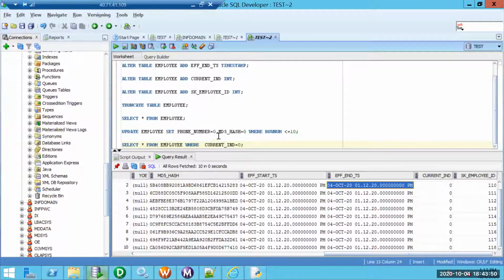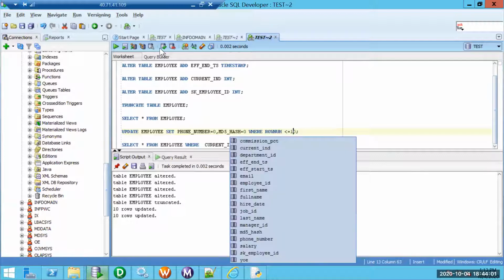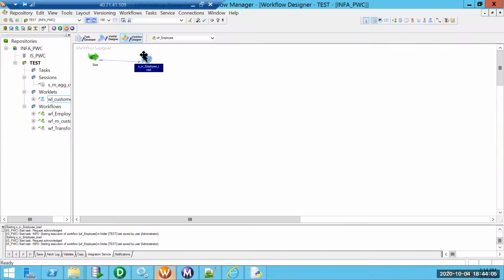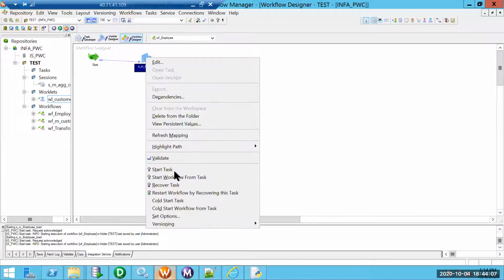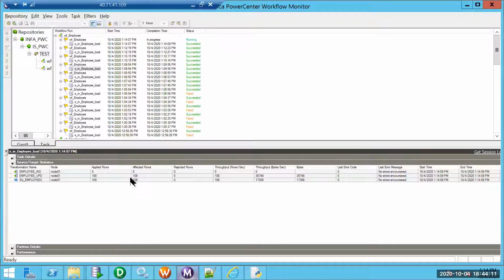Let me try to update another 10 records. Probably let me try to update. Okay, let me try to commit this one. Let's run. Then see how many records, what happens. Okay.